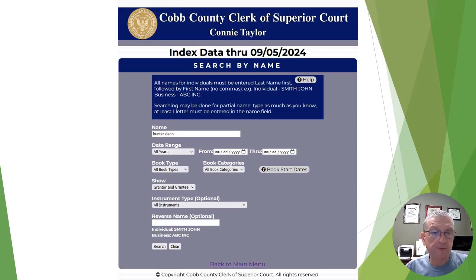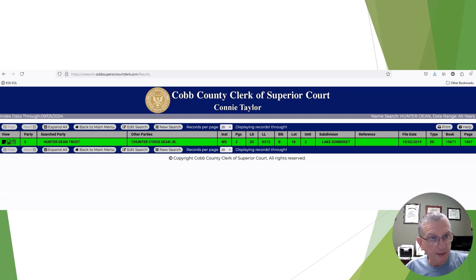Now we're going to go back to try to find Hunter Dean and click the name search option. Or Dean Hunter. So we're just going to start with Dean Hunter, see what we come up with. We might come up with pages and pages to sift through, but in this case we got lucky and there's only one. So Cyrus Dean Hunter Jr., which is legally how that's going to be sorted out,